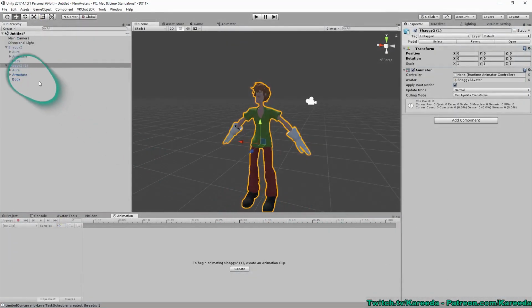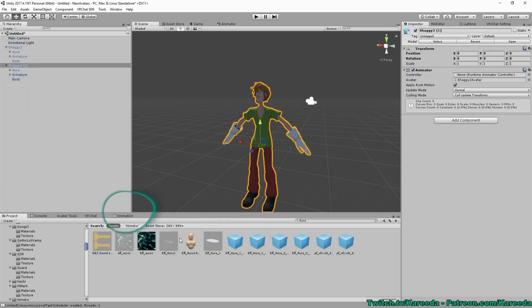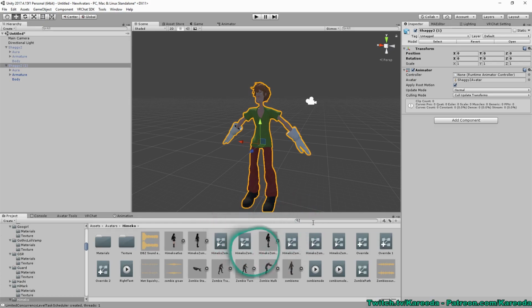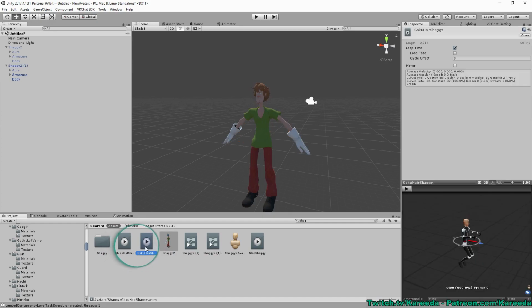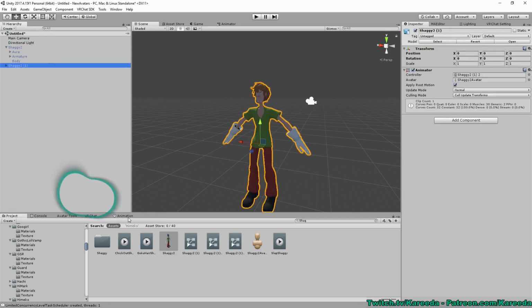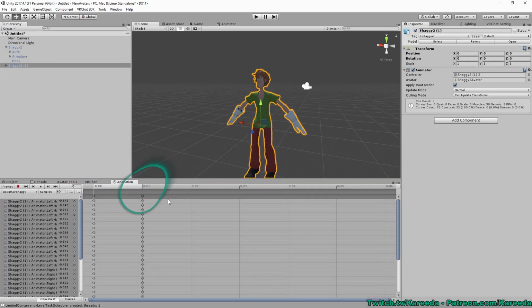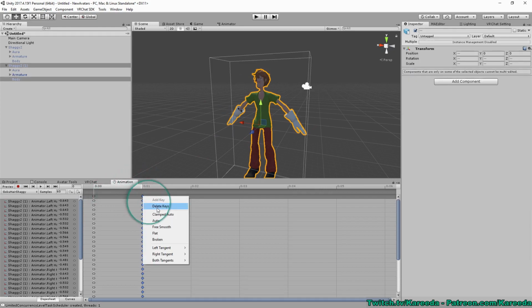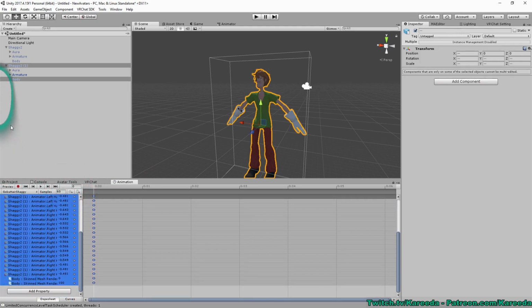Actually, I do not want to do that. What I want to do is I have an animation that I've already used, but we're going to add to it. So I'm going to locate the Shaggy power-ups from before, where he brings out his Goku hair, because I want them to happen simultaneously. But I've already deleted the object that had that animation. So what I'm going to do is find the animation and drag it onto Shaggy here. And what that'll do is it'll actually add the animation to the model, so I can go back and edit it. So I'm going to click on delete the second keyframe, and I'm just going to go in here,